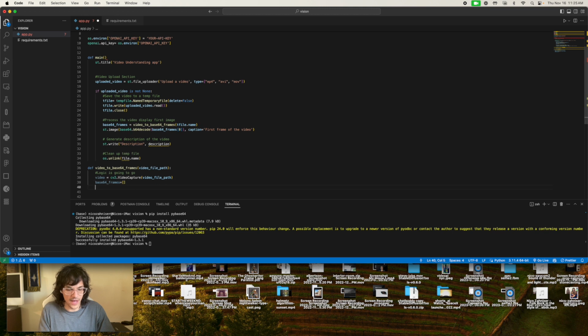Next, we need to read each frame of the video and encode it as a JPEG, and then convert that into a base64 string, so that Python can understand it before sending it to the API. So while video is opened,